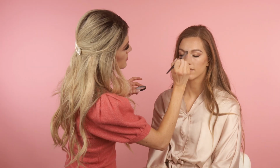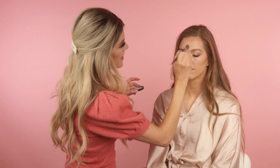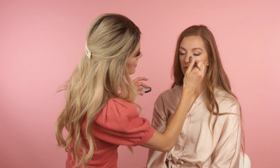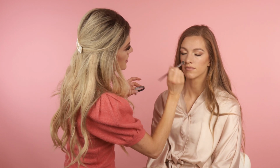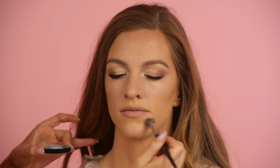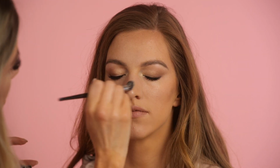You'll see people do a similar technique when they bake the face, like they'll use this powder to brighten areas of the face. I don't do that too often. I like a little bit of natural shine, but that technique does make the makeup last forever. It really sets it. So I'm just going to do it in these areas that need a little more